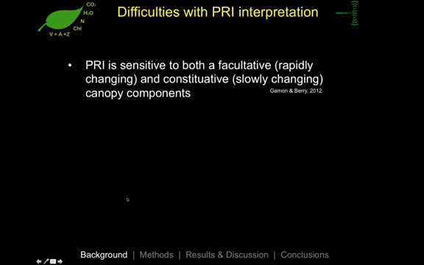So since we have both the flexible and sustained energy dissipation, we need to think about how we can interpret the PRI. And when the PRI was originally developed by John Gamon's group back in the early 90s, they were looking at the PRI on the order of fine time scales, the diurnal time scale, and that's this flexible energy dissipation that I was talking about. But through a lot of research that has developed over the last couple decades, it's been found that PRI is sensitive to both a facultative, so this rapidly changing flexible energy dissipation, and a constitutive, slowly changing canopy components that are driven by function and